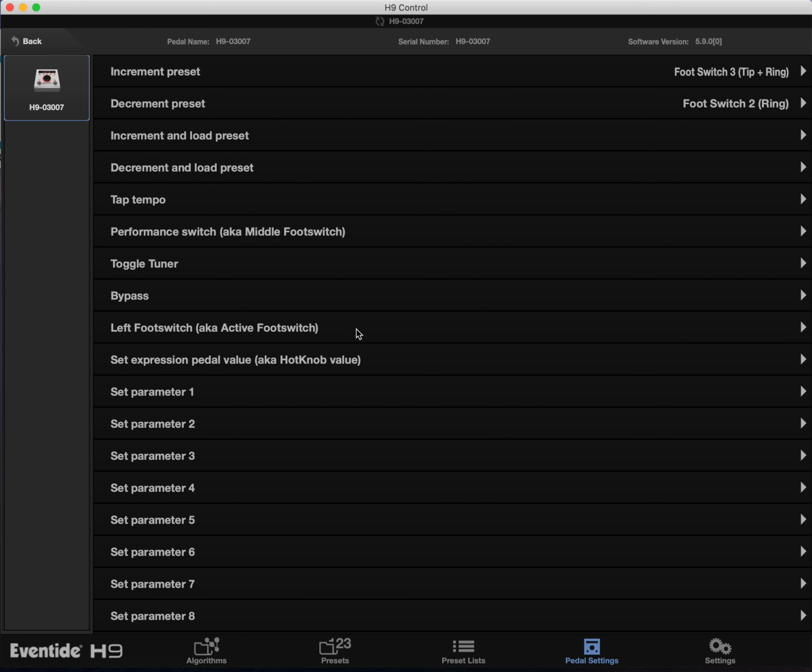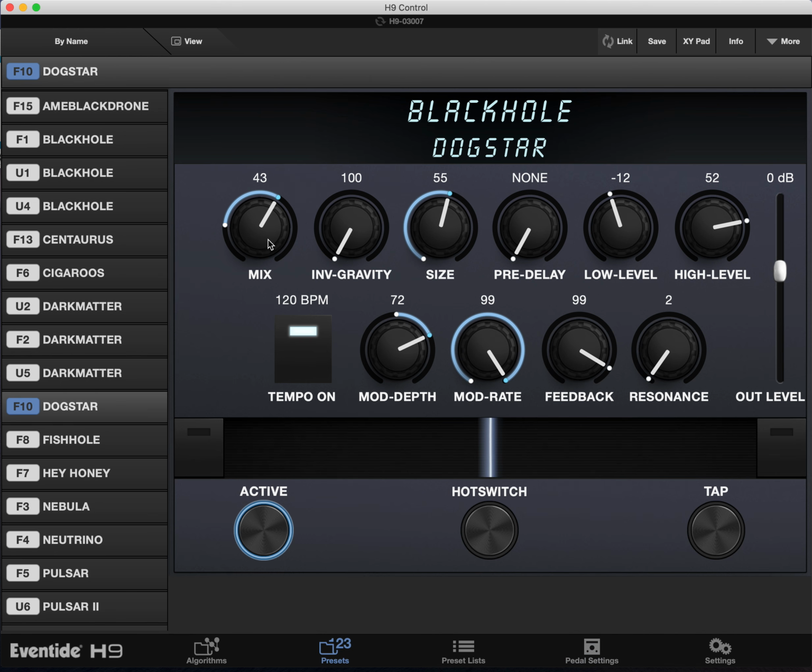Now, imagine you have a preset like Dogstar where you have all these expression ranges. An expression range has a blue arc letting you know what the range of expression is going to be, right? And you can edit all this. You can make the expression range higher or lower using the min and max points. There's a great video on YouTube explaining how to do this, but that's beyond the scope of what I want to talk about here.